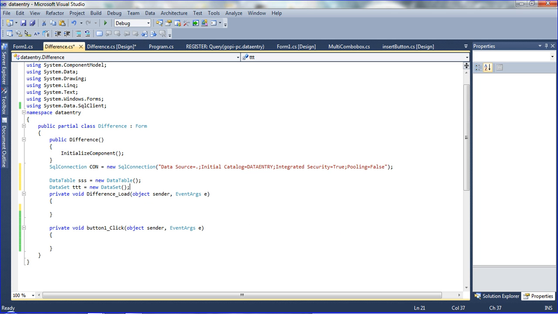Okay, so data set means just go with intro v. Data table means DTT, and then data set means SSS. Okay,